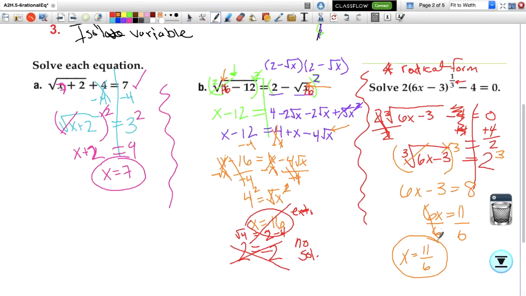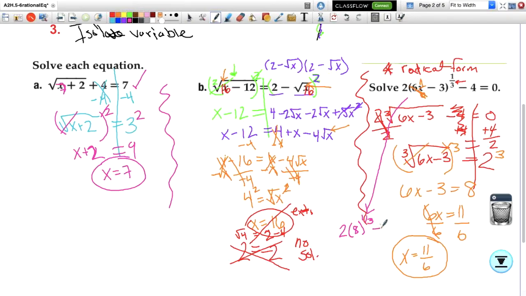We still need to check and make sure this answer works and that it's not extraneous, so we're going to plug it in here. 11/6. So 11/6 times 6, well, the times 6 and the divide by 6 cancel. I'm left with 11 minus 3, which is 8. So right now let's change our colors so we can keep it organized. I'm going to bring my extraneous work down here in pink. I still have the 2. We said we had 11 minus 3 here, which is 8 to the 1/3